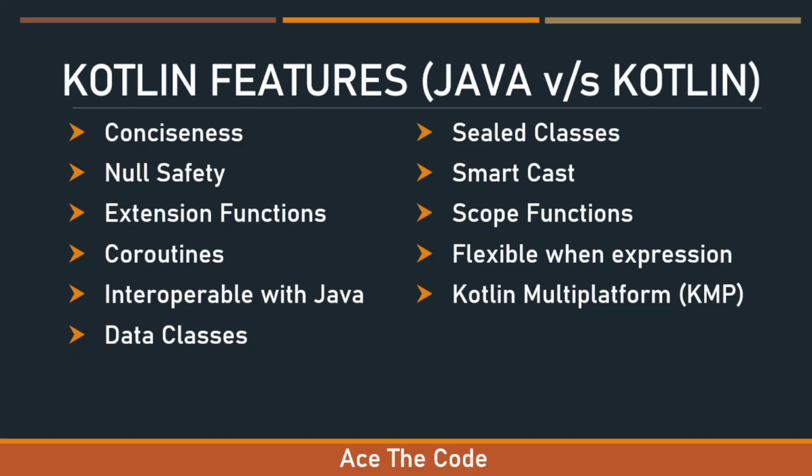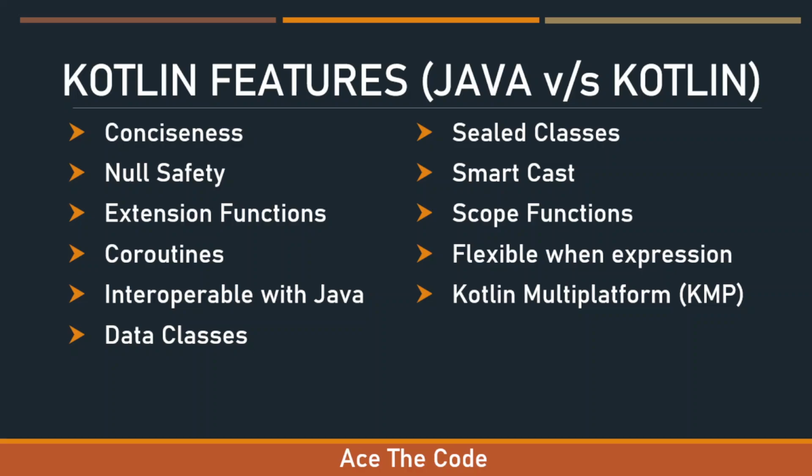All right. The next feature they introduced: writing multi-threaded programs in Java was not easy. They introduced a new concept called coroutines. Coroutines is a structured concurrency framework, and it is lightweight, easy to learn and use, and robust as well. With the help of coroutines, it is much easier to write code which runs asynchronously and in parallel.